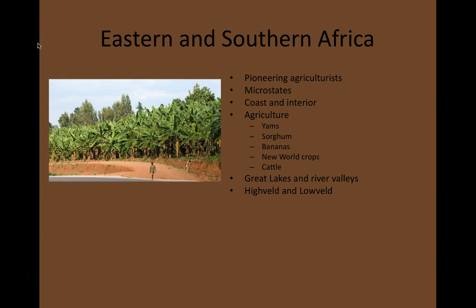There is this divide between what is known as the Highveld, the plateau, most of southern Africa sits on this high plateau, and the Lowveld, the coastal lands. And some peoples form their identity based on living on the arid Highveld plateau. They tend to be pastoralists, whereas in the Lowveld regions, agriculture is more possible. This is really germane for discussion about southern Africa. Environment and disease is important, though it varies, of course.